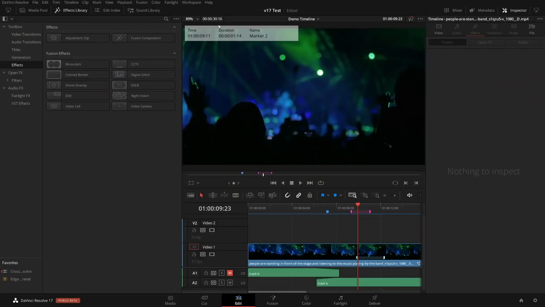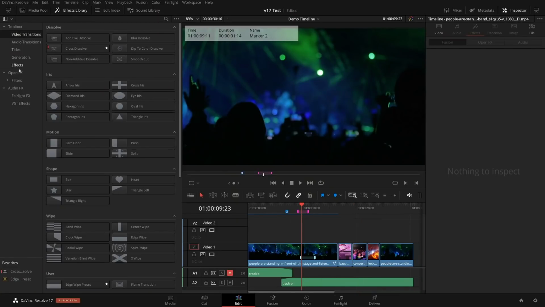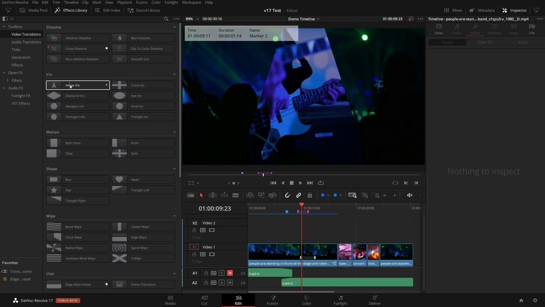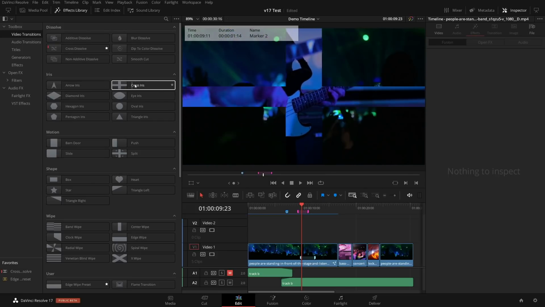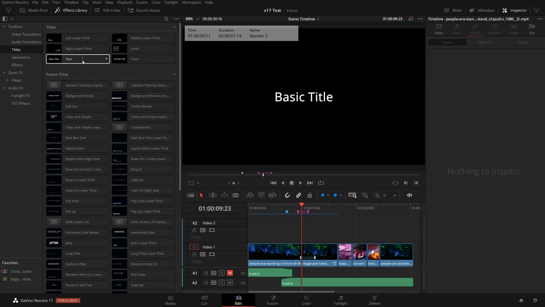If I open it here, it's kind of similar, except that I have now the edit effects as well. But here I have previews now. So these bigger bars and icons you can use to actually preview the transitions, for example. You can see how they look, or the titles especially. And in the titles, they really have done some good work.